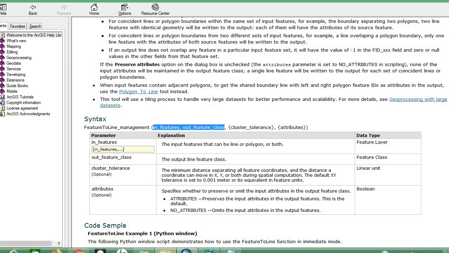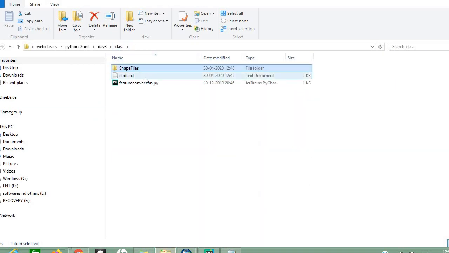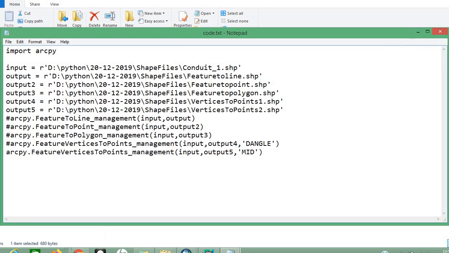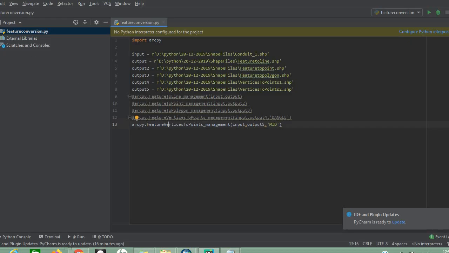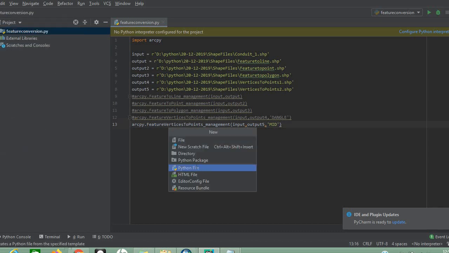Okay, I will go to our code. This is the code. Next, open the PyCharm software. Just click on File, New, Python file.